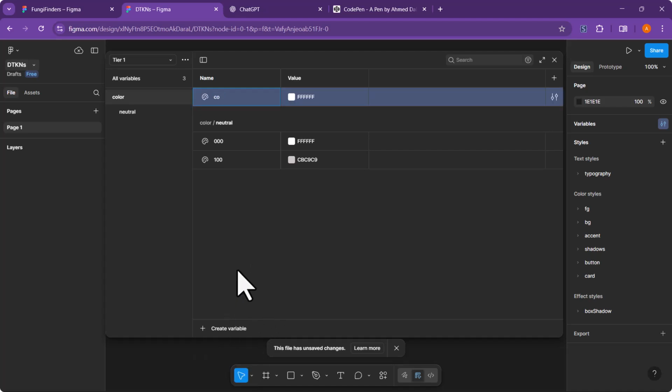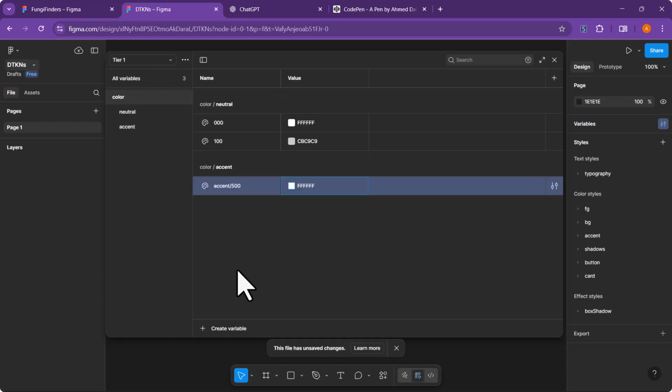So this is going to be, okay, we're already in color, so no need to put color. Accent, this is going to be my base accent, so it's going to be 500. I'll tab, then I'll fill it up. I think this one is, let me check, I think I have it written down, 3B8256.